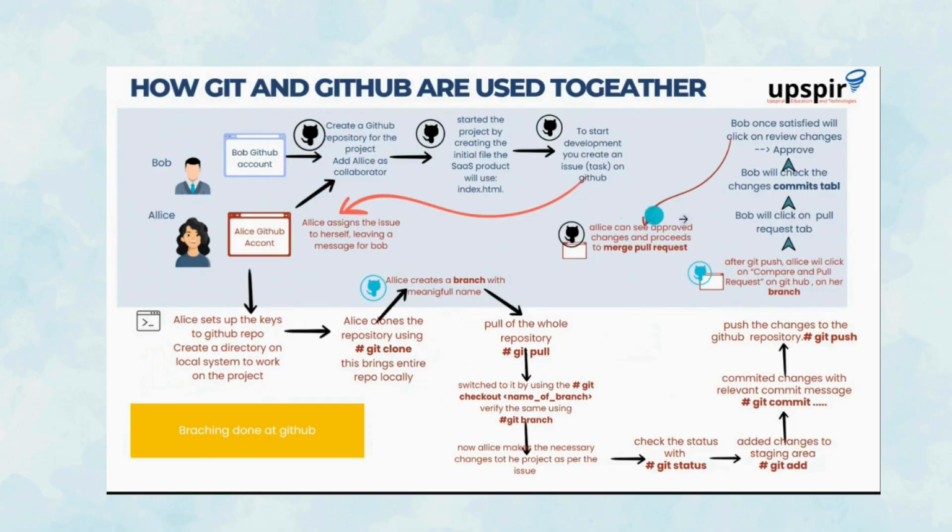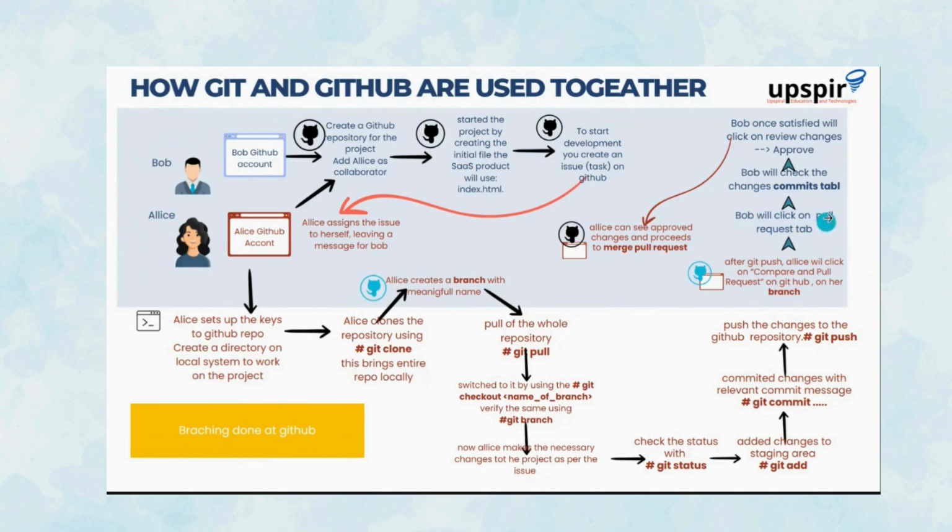So here when you are doing git push, you will be pushing things to your feature branch, not to the main branch on GitHub, right? Once you do this, you will start seeing something called compare and pull request on your UI. Now what ideally should happen is that instead of Alice doing the remaining stuff,